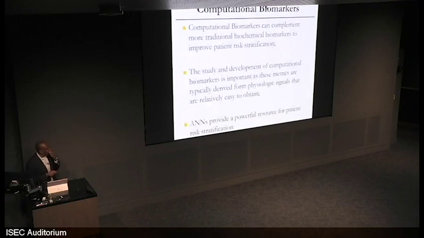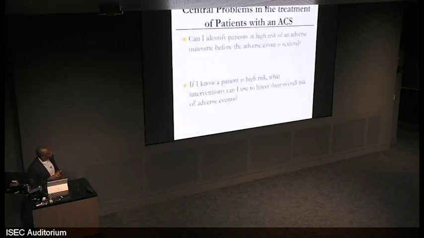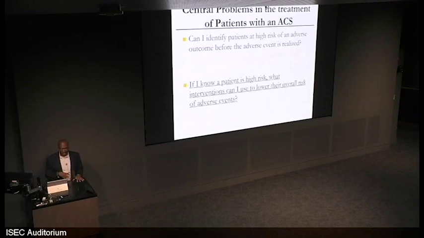So, just to finish up this part on computational biomarkers, the biomarkers themselves don't have to be genetic. They don't have to be drawn from the blood. There are some powerful biomarkers that can complement those traditional biomarkers that clinicians use arising from blood samples. So we talked about this: can I identify patients at high risk? But then the question is, if I know a patient is high risk, what interventions can I do? And this gets a little bit to what was talked about previously in doing some reinforcement learning, something that we've just started to do, and these are some very preliminary results.